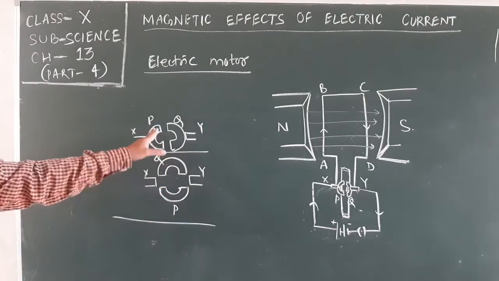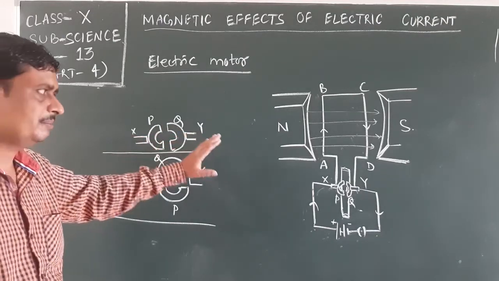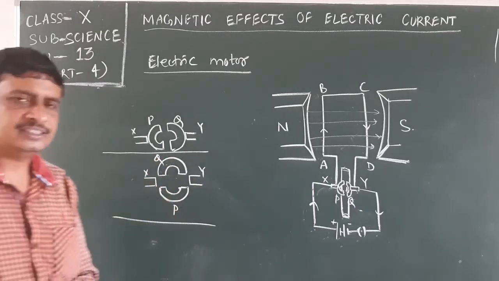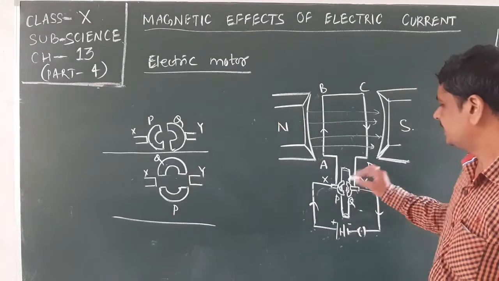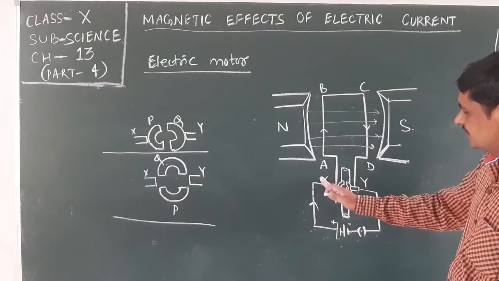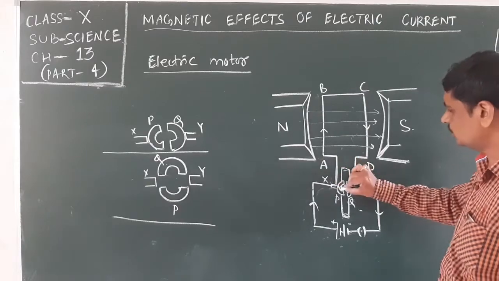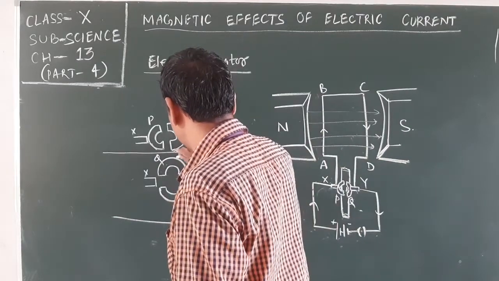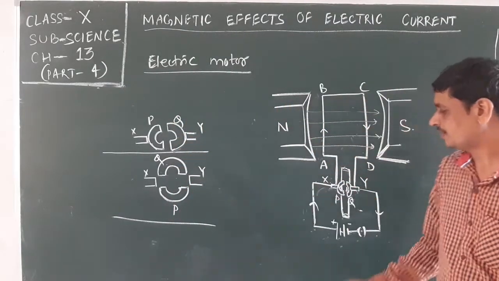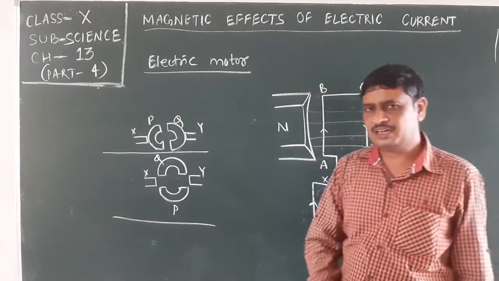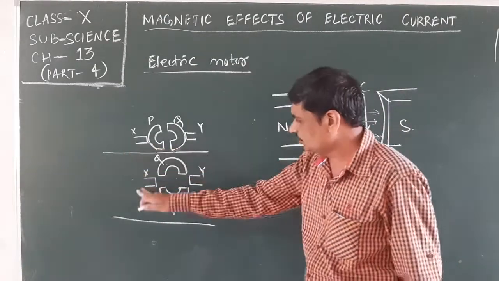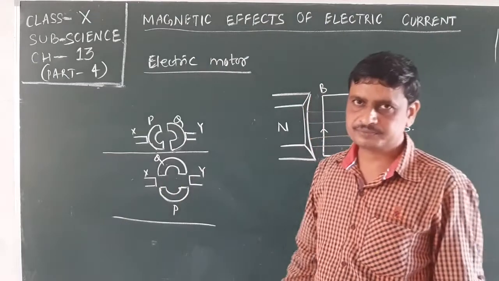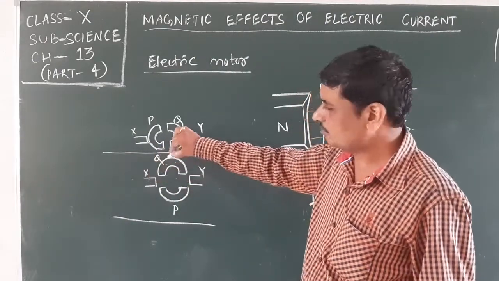The first case is when the rings are attached to the process, but when it starts to rotate, the rings and brushes are not in contact. When electric current flows from the battery, it comes to the brush, then to the ring, and after coming to the ring, it starts to move through the armature. But when it rotates, a stage will come when electric current comes to this brush, but the circuit is cut off. From this brush, it will not come to the ring.